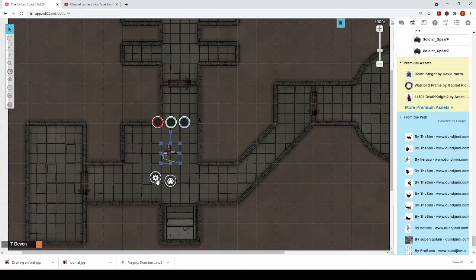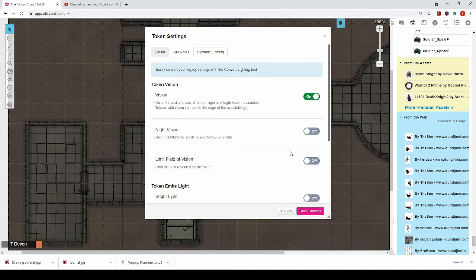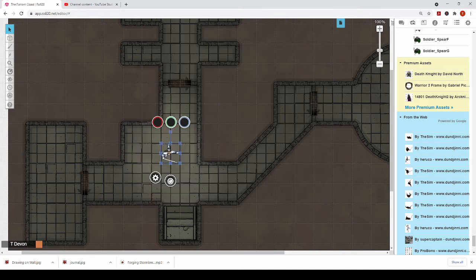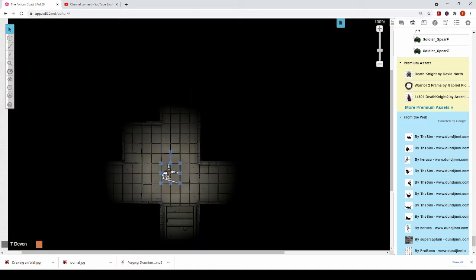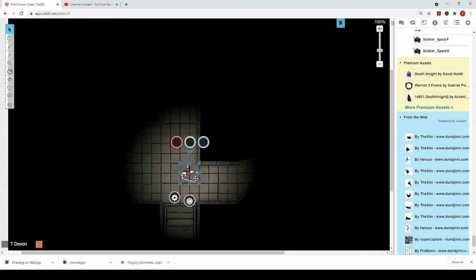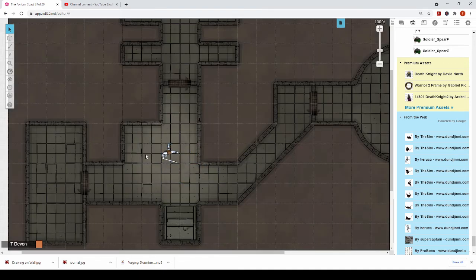One thing I can do is give the token night vision, and I can give it a distance of, we'll do 15 feet. It's kind of low for most games, but you can see the effect. And I can put a dimming effect on it because that looks kind of neat. I'm going to save the settings. We're going to hit Control L again so you can see what the token can see. And moving it around, you can see it has this sort of dimming effect as it goes out towards the